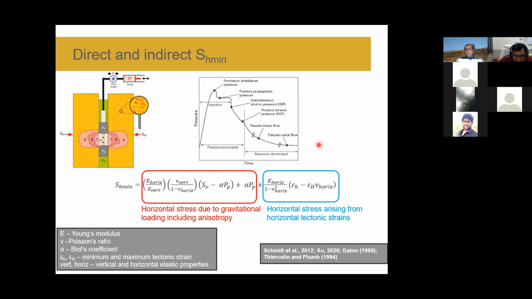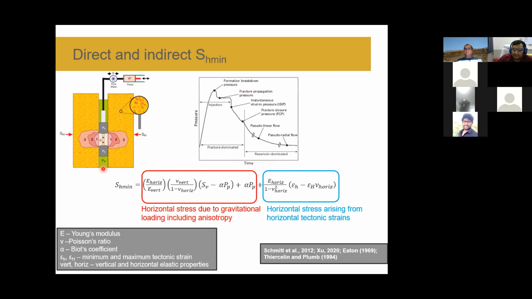But the stress component which you are estimating here, the rock which we are considering, has been deposited over a geological time period. So rock has been deposited, then maturation and diagenesis happened, followed by uplift from tectonic activity over the years. But the equation presented here basically considers the current-day elastic behavior of the rock, which you measure and then use to estimate its stress. No time component is there.